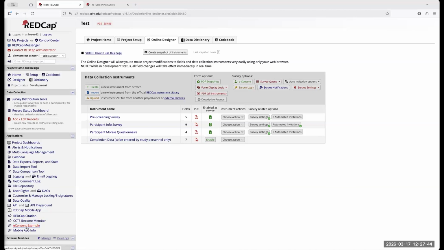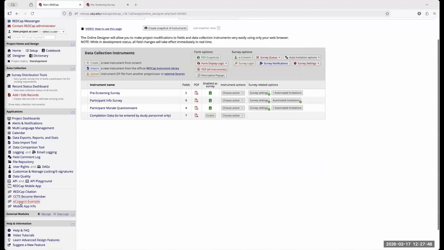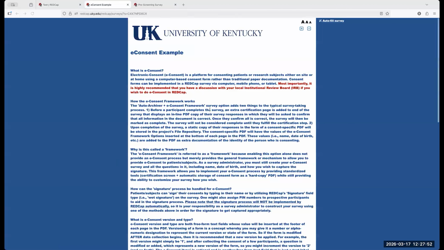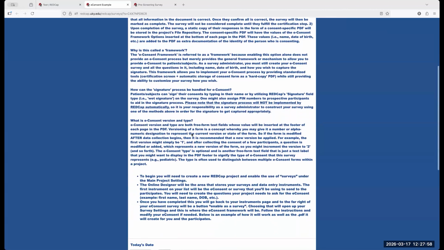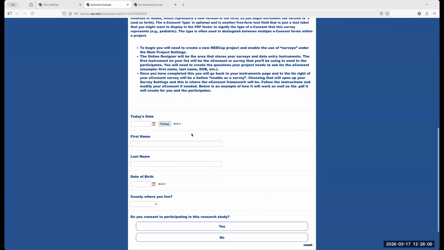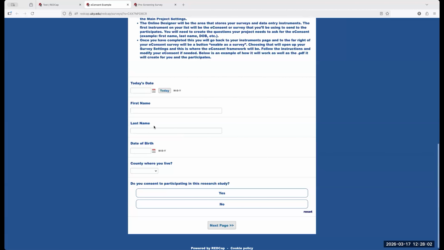We have an e-consent example over here on the left side navigation. This is always here. If you click on it, it will pull up the project and give you a little rundown of the consent, how it works, how you should use it, things like that. And then it gives you an example that you can go in and fill out.